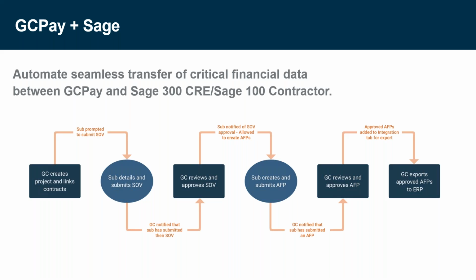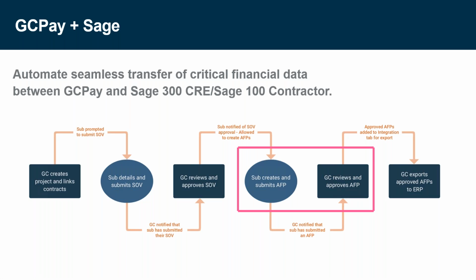And we can show a couple different examples of how we can either present our subs with a detailed subcontract, or we can allow them to detail out a lump sum contract. So we'll take a look at a couple examples there today. With regards to the schedule of values, we can also send that to one person in your company or multiple for review.